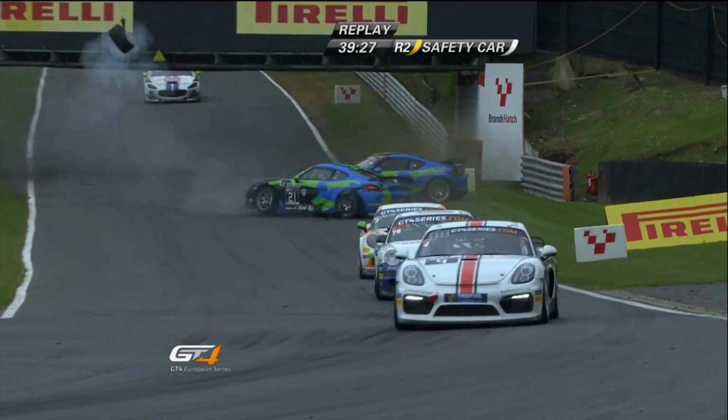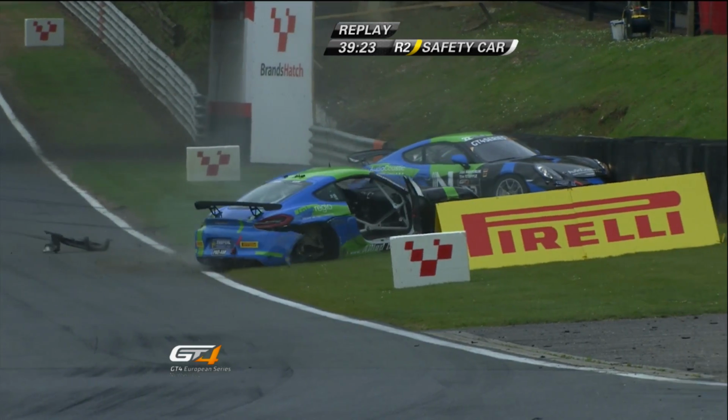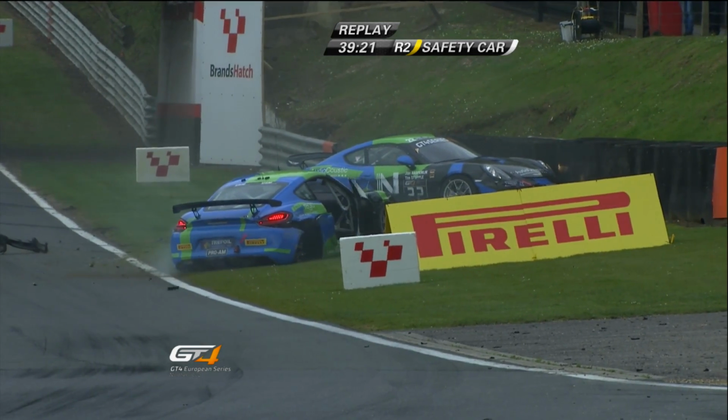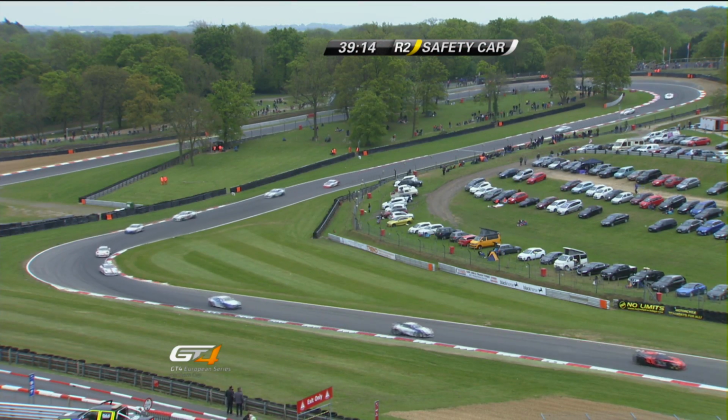Now they're spinning around. There's the wheel that went missing. Get very high in the air off 21. That's his right rear wheel. Doors flying open, bodywork flying all over the place. Both drivers are absolutely fine, but safety car is out, and yet again the lead built up by the number